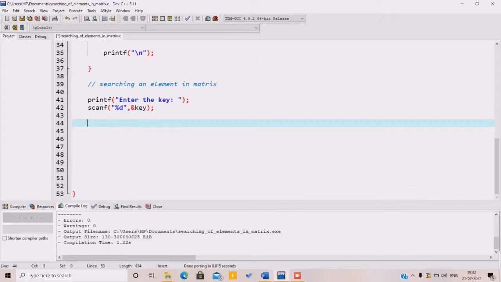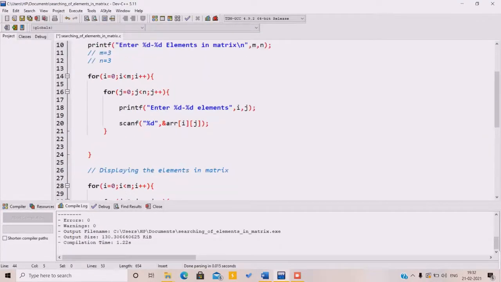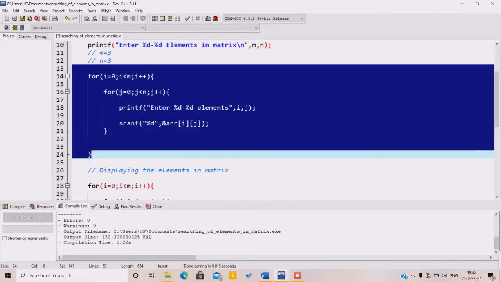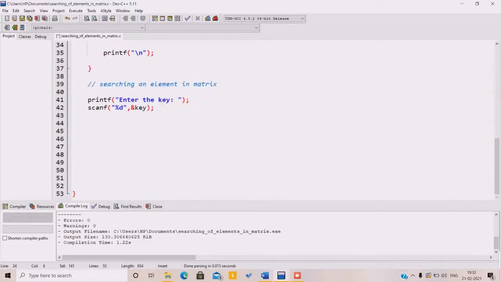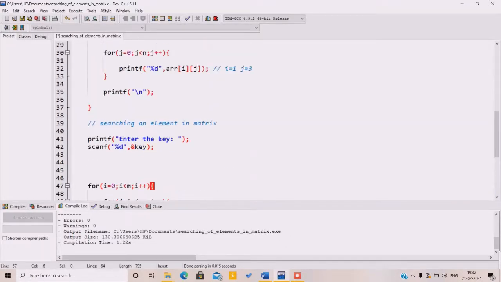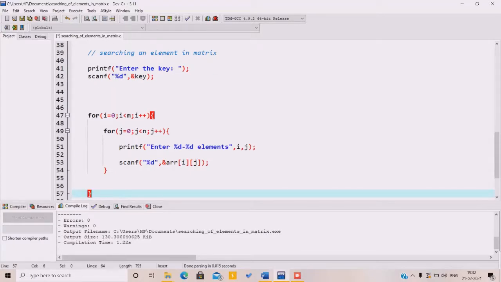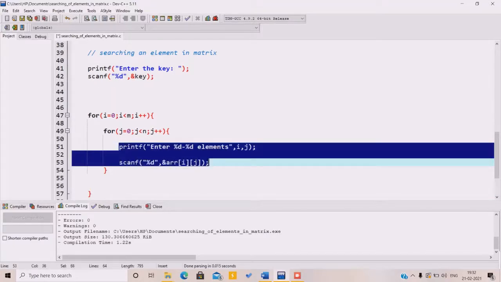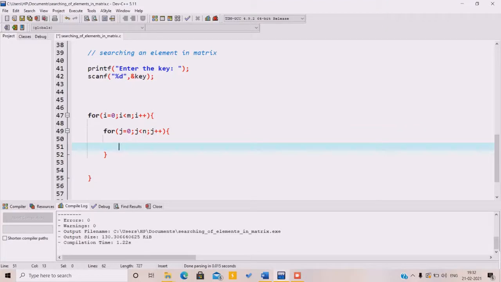So for this again we are going to use the same loop, that is this. Just copy it so that it takes less time. And just delete this part, because this time we are going to use an if statement for comparing the key with every element of this matrix.